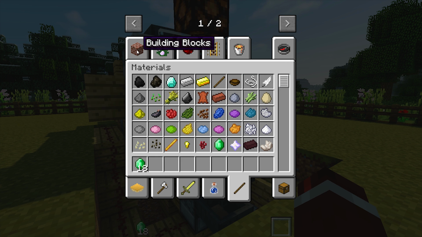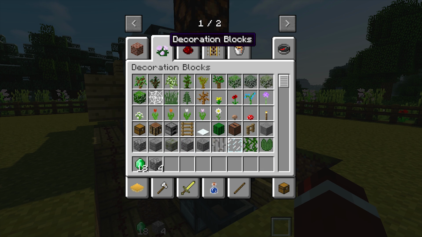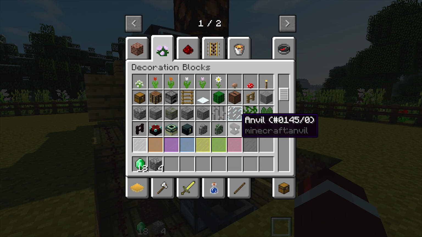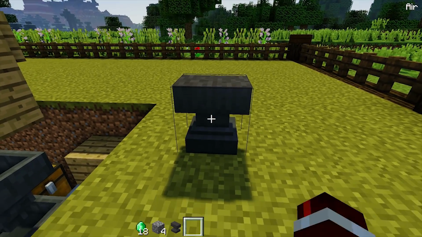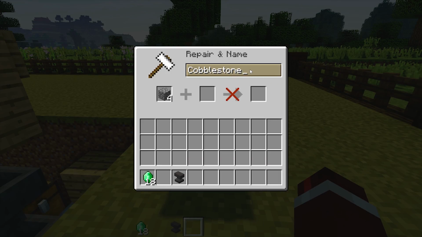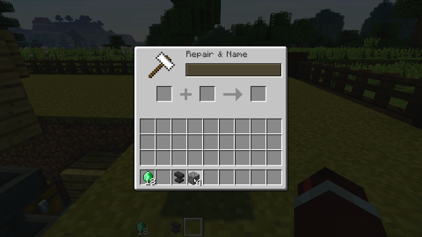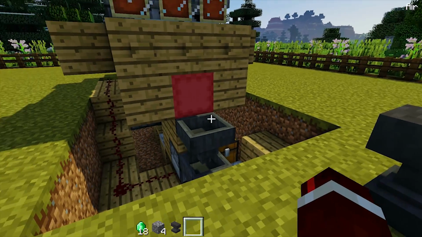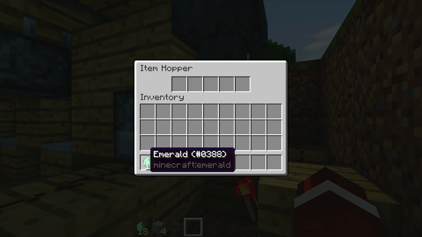So grab 18 of them, and then we're going to get 4 cobblestone because that's a pretty cheap material. Then get an anvil as well, and what we need to do is rename those 4 cobblestone to a really random name. So just do something really crazy on your keyboard, something that nobody would actually guess. Then rename it,